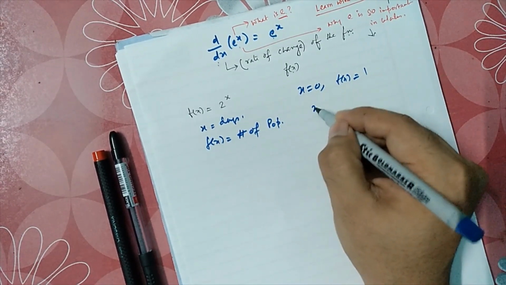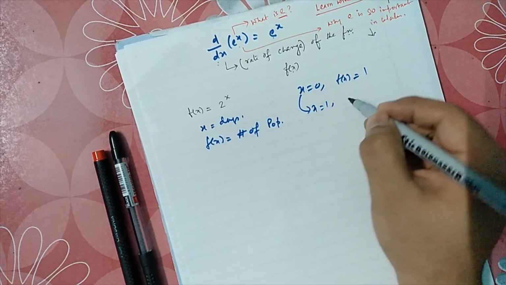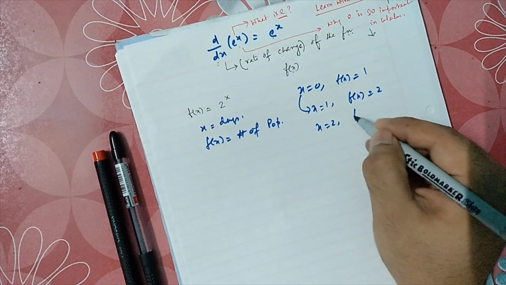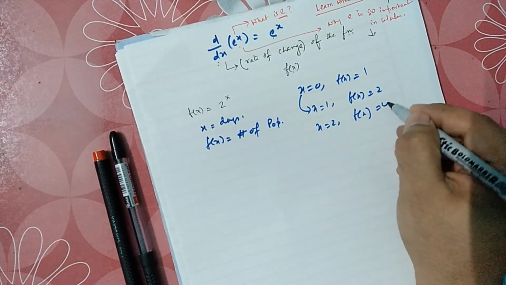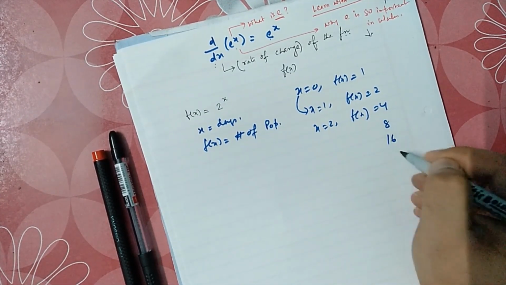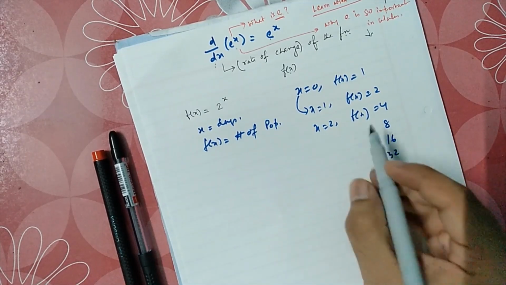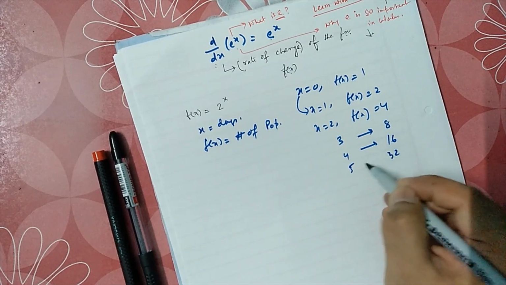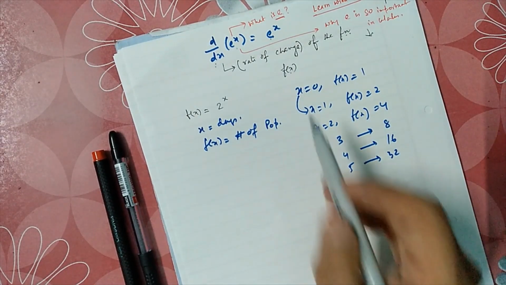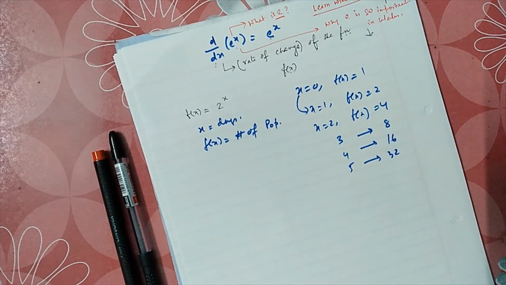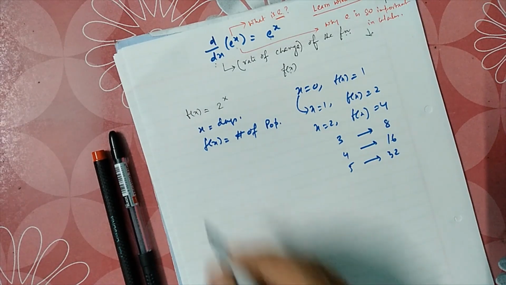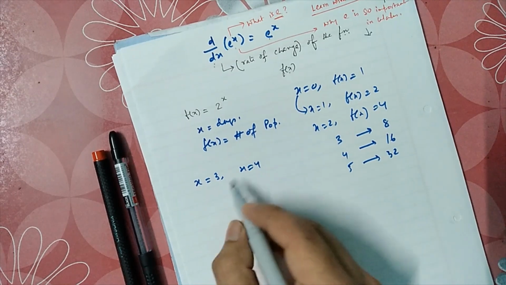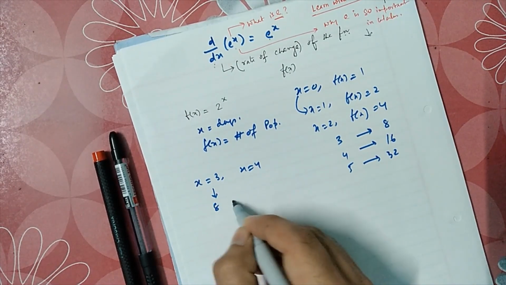1. X is equal to 1, that means the next day f(x) becomes doubled. At x is equal to 2, f(x) becomes double of this, that means 4, 8, 16, 32. This way, x equal to 3, x equal to 4, x equal to 5. So this is the f(x). So at which rate is f(x) changing? That will be the d/dx. So suppose x changed from 3 to 4, then f(x) changed from 8 to 16.